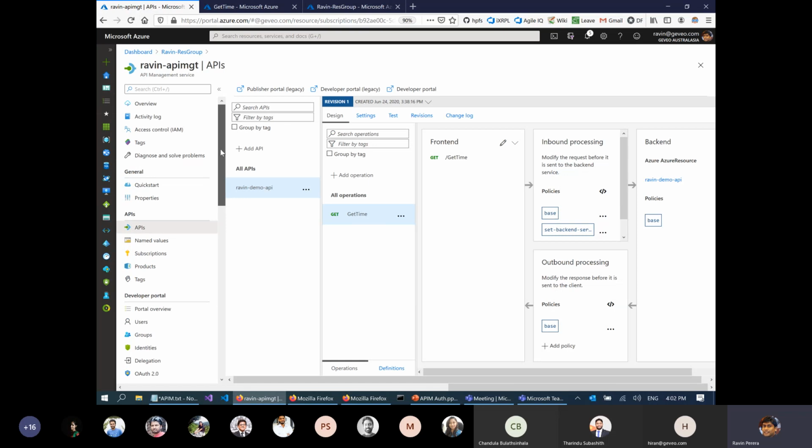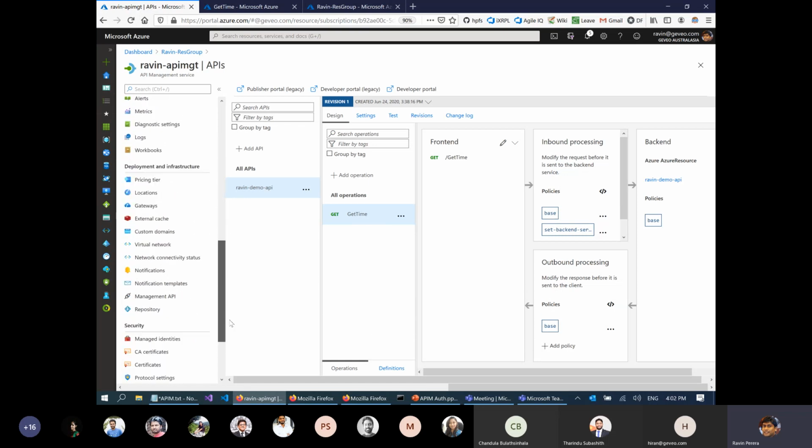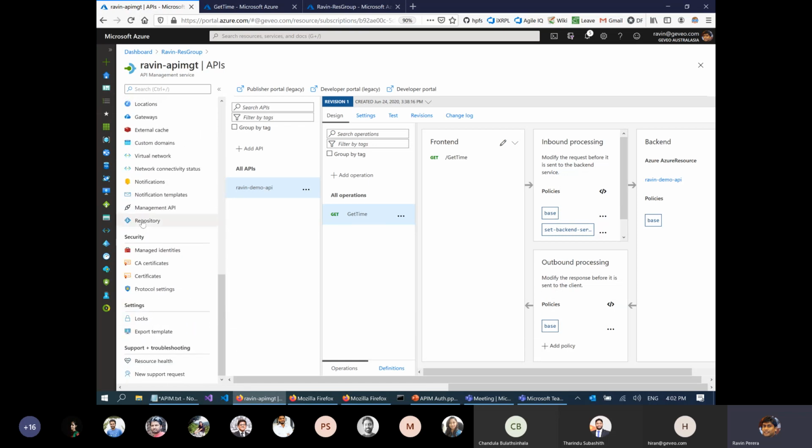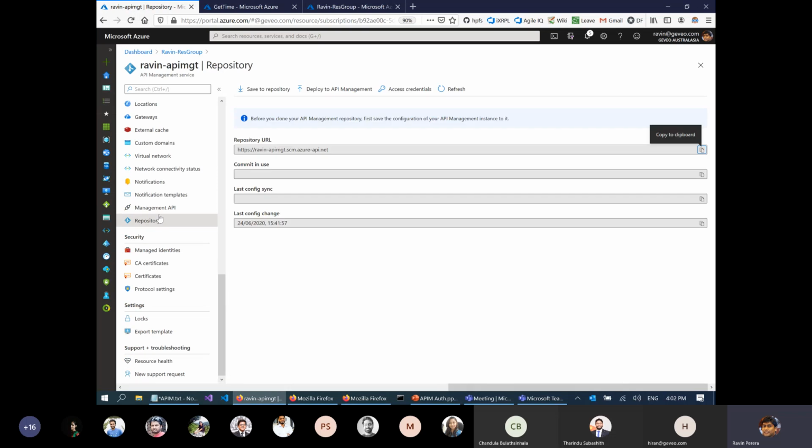I saw that they have this source control integration repository. So you could actually save the complete API management configuration into a Git repo. They are creating some XML files to describe the API import definitions and policies and everything. So it's just a matter of making a commit to that source code, and you could update your API management in sync with the rest of your source code. I haven't personally used it, but I only noticed it when I was looking through very recently.